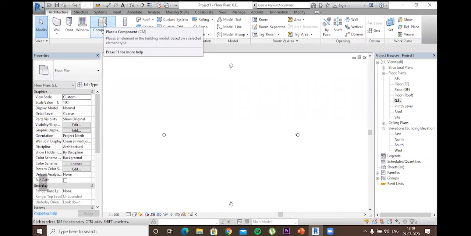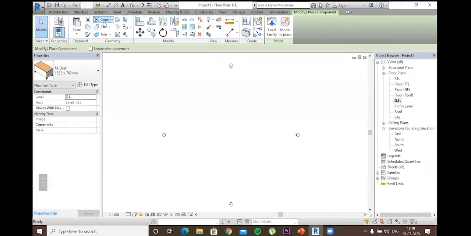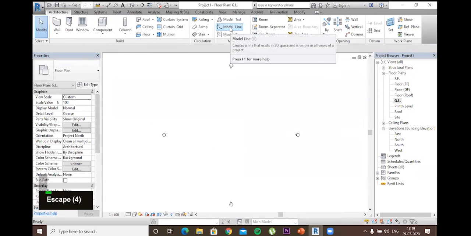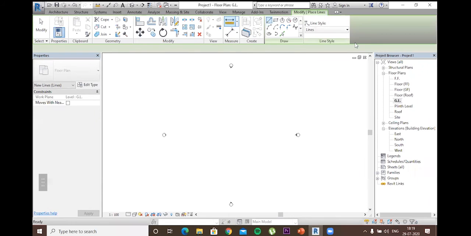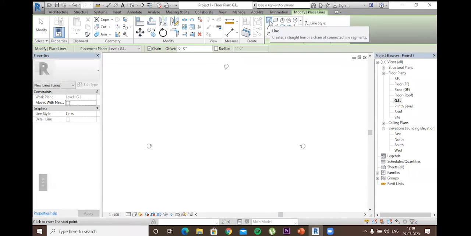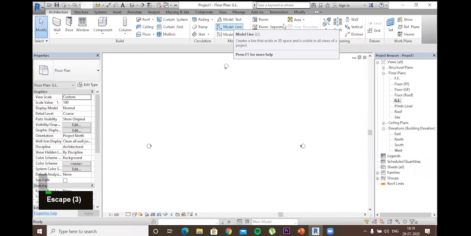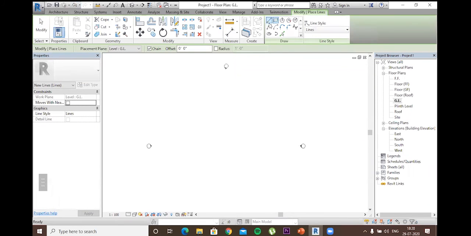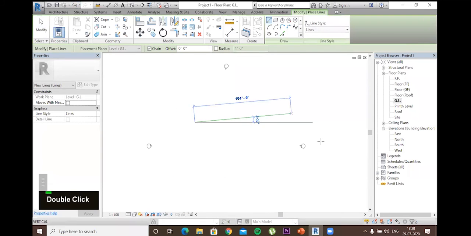to either component, or let's talk about lines first, because a lot of you might have seen these type of options, a line or a rectangle or different type of shapes here. This is what we will be using majorly. Okay, so first option will go in the model line on the architecture tab. Then we have these type of commands. Then through line command we can make a line.